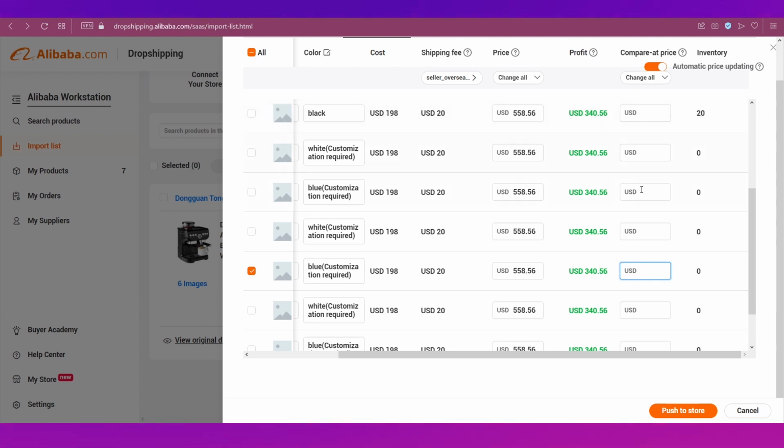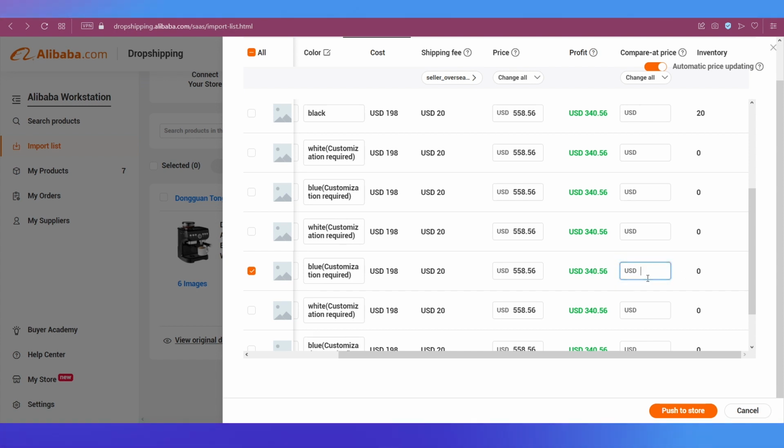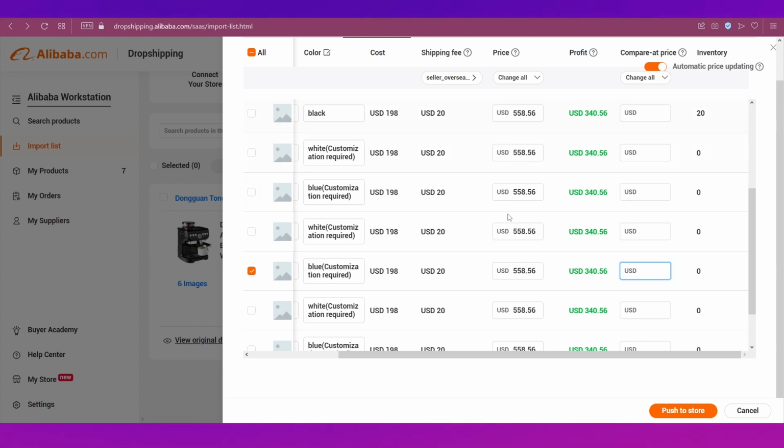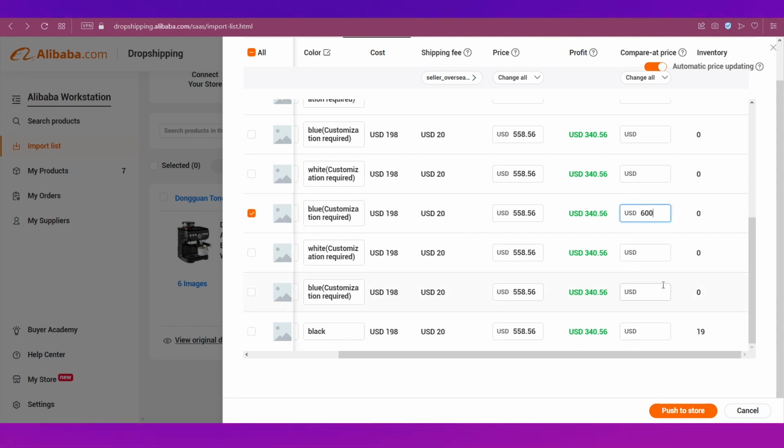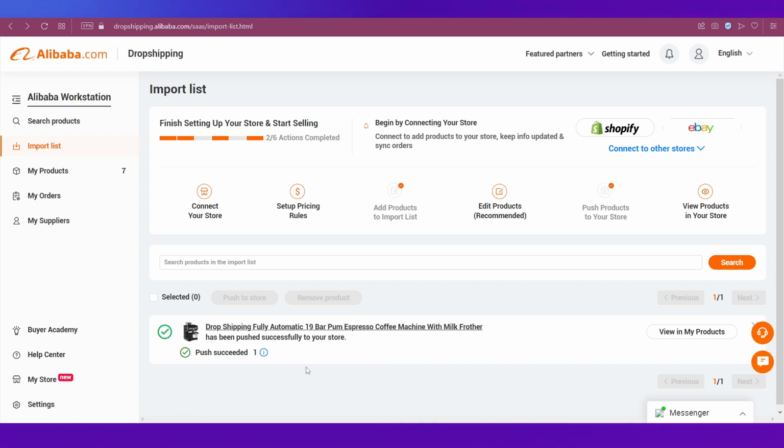So under compare at price, you can see you can put your price. So I'm just going to add like 400. It should be greater. So it should be greater than the price itself. So under compare at price, I'm just going to add say 600. So that is greater than this price. And if everything looks okay, then you are going to click on push to store, and you can see the